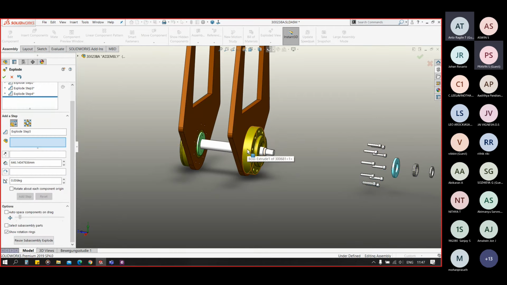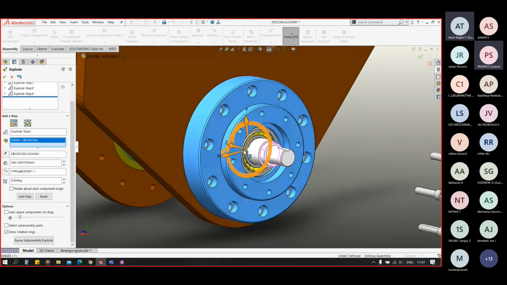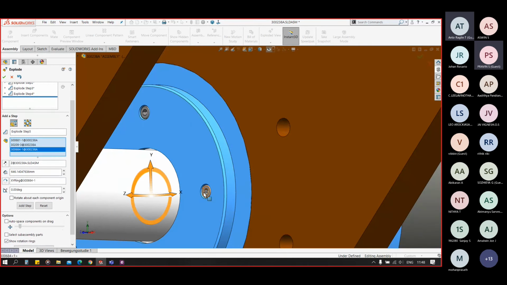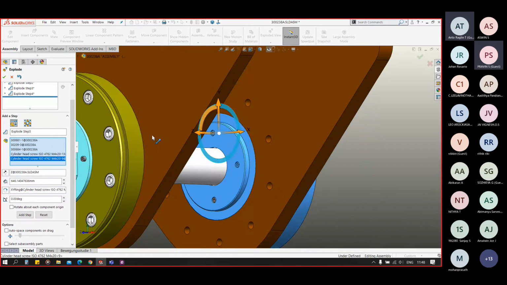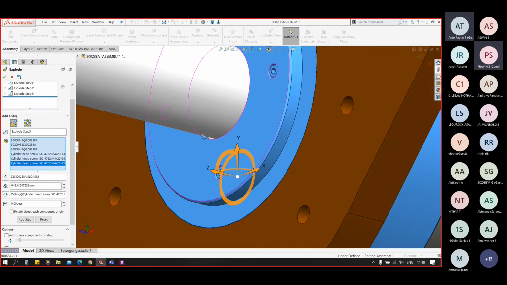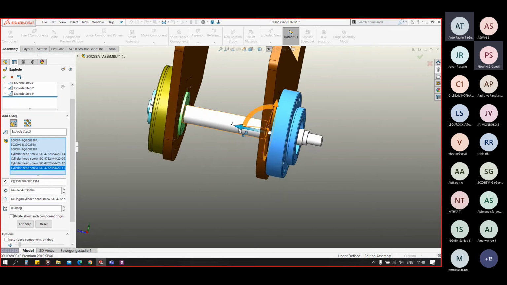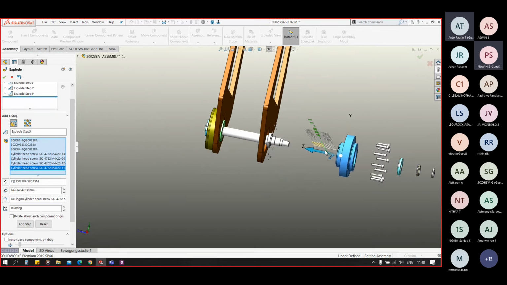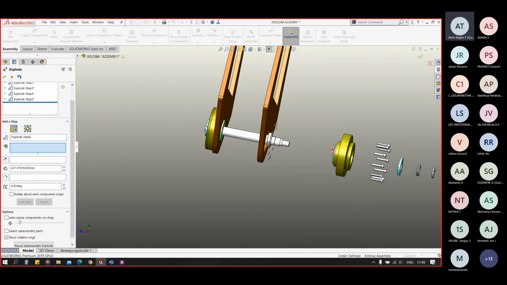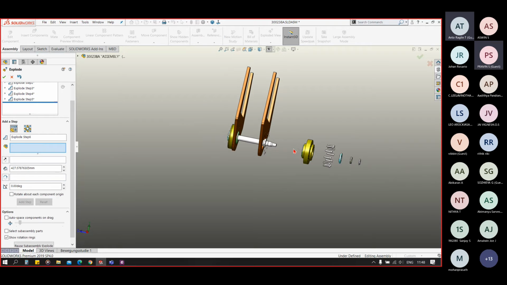Now for step 5, I will select this part, this bearing, this bearing, this, and I'll drag it outwards. Click on OK. So this is basically a linear explosion.